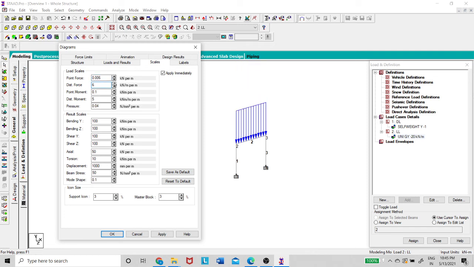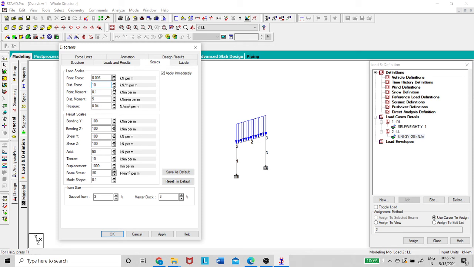You can see here, this is the advantage of going for the scales here. Sometimes whatever value is given, it will show very high in the drawing, in the graphic user interface. If you want to reduce that scale, you can use this.